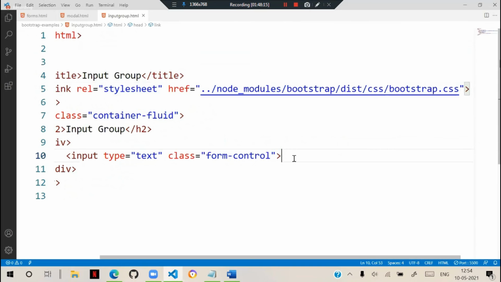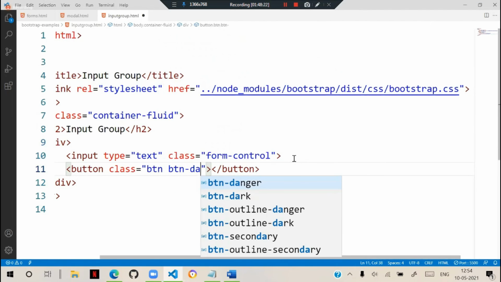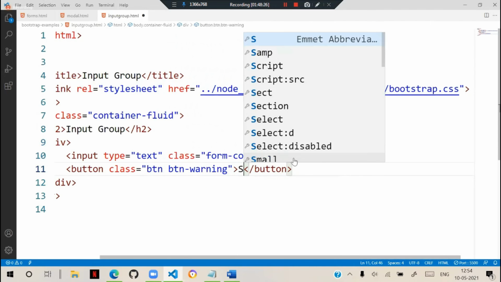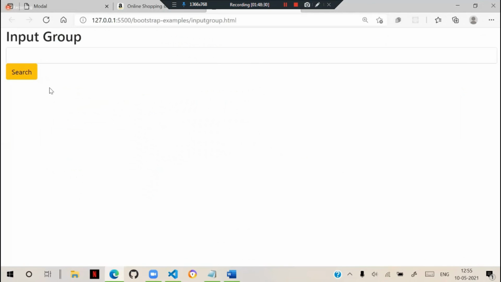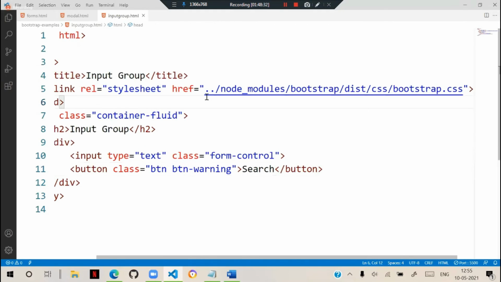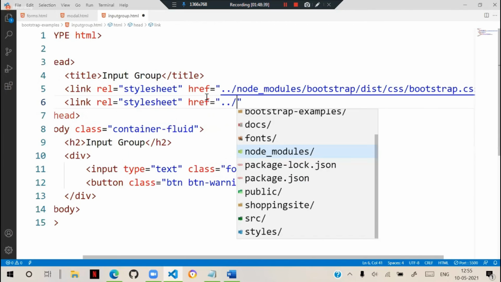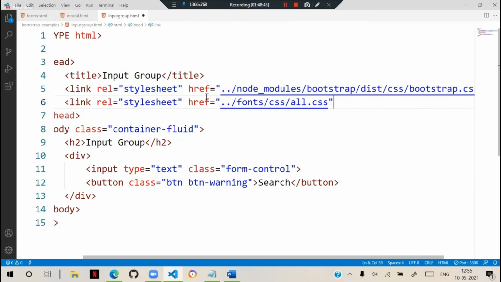Beside that, if I keep a button, the class is btn. So btn danger, or say warning. Suppose I say search like this. Later Font Awesome will keep the search symbol icon there. That means if I link the Font Awesome, link rel is equal to stylesheet, href is equal to fonts, css, all.css.